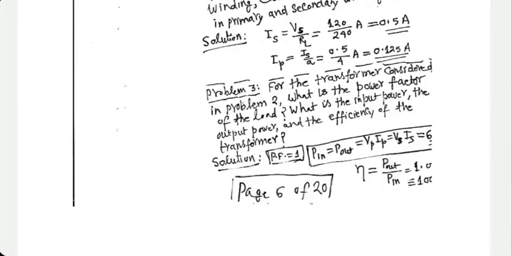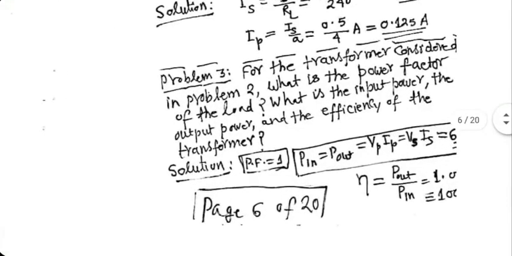I'll double check this page. I'll correct it before I send it to you. I'll put the actual value. Important thing is that input and output power are equal. It's an ideal case, and efficiency is 100%. Simple enough. You can get the number very easily.